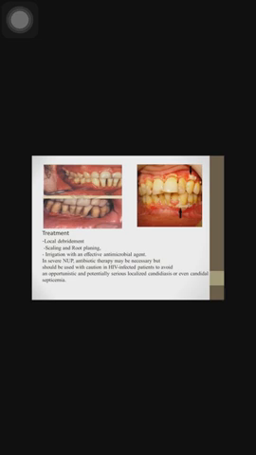Necrotizing periodontitis. Clinical features. According to the description given by WHO, soft tissue loss as a result of ulceration or necrosis, exposure, destruction, or sequestration of bone may be seen. The distinctive feature is loss of attachment. Coming to treatment, local debridement, scaling and root planing, irrigation with an effective antimicrobial agent. In severe NUP, antibiotic therapy may be necessary but should be used with caution in HIV infected patients to avoid an opportunistic and potentially serious localized candidiasis or even candidal septicemia.